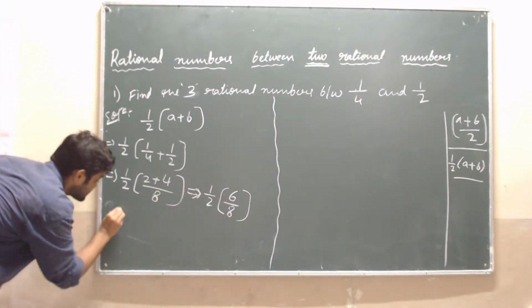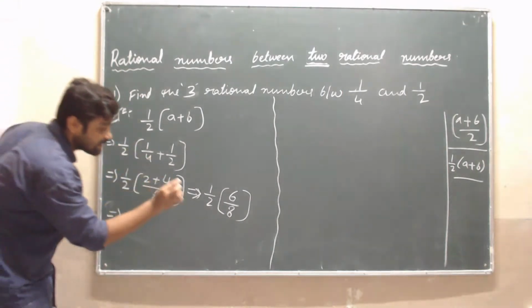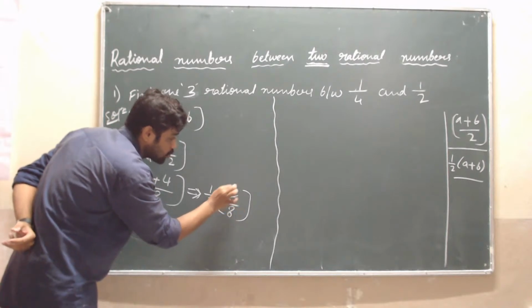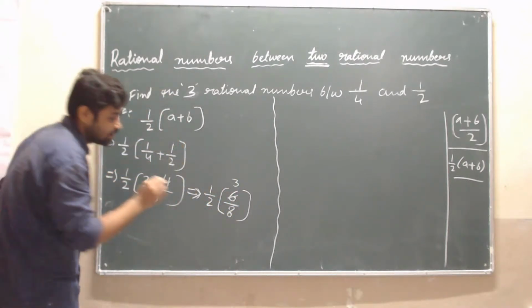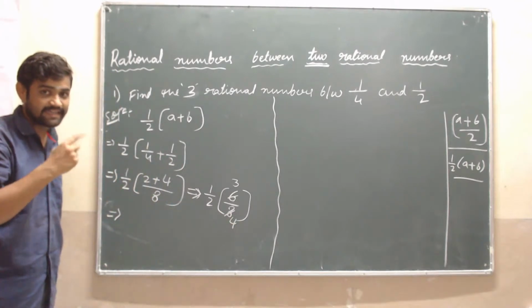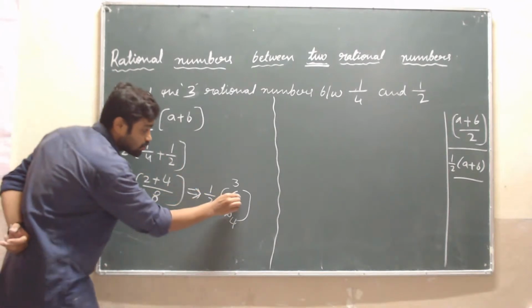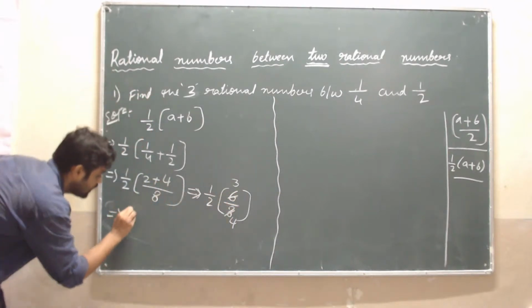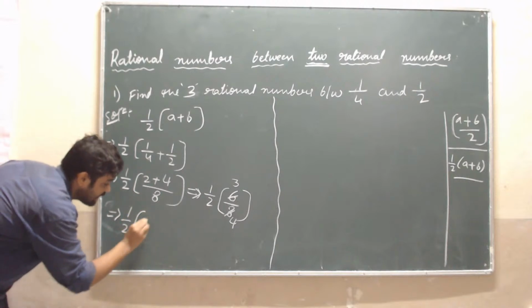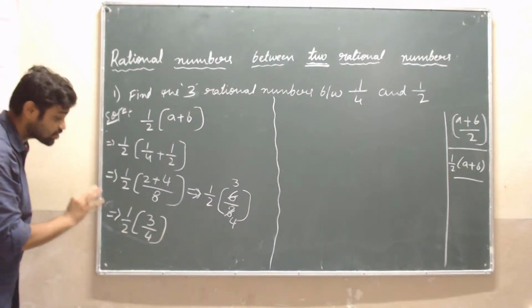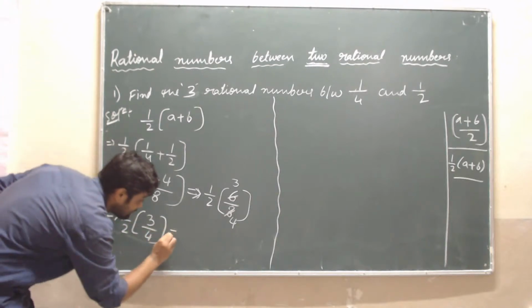Then we have the next step, see here, whether it will cancel. See, 2 3s are 6, 2 4s are 8. That is 2 3s are 6 and 2 4s are 8. And what will we get? 1 by 2 as it is, and we have 3 by 4. Still it is not completed. See here, next step we have,